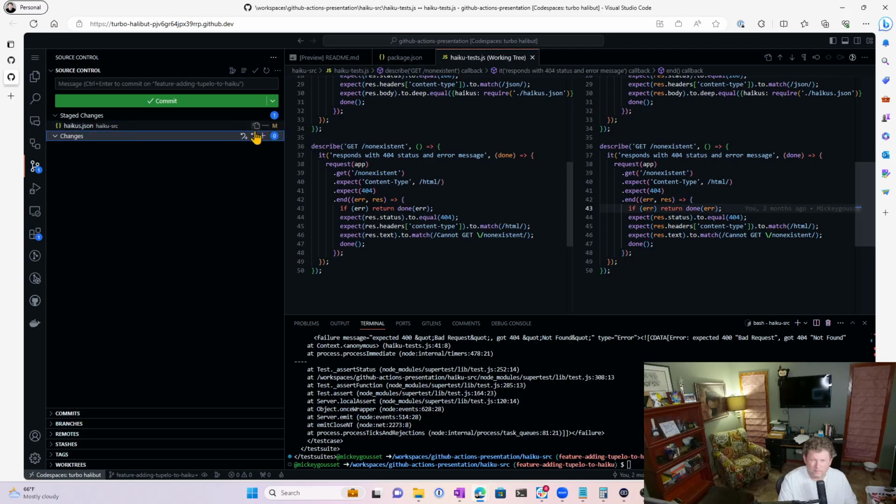So we're going to commit this. We will call this feature added Tupelo to Haiku and fixed test. Let's commit that. And let's publish this branch. So you see it's smart enough to ask me, hey, do you want to create a pull request? I'm not going to have it create a pull request just yet, but what we will do is over here